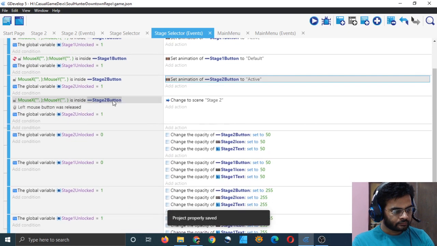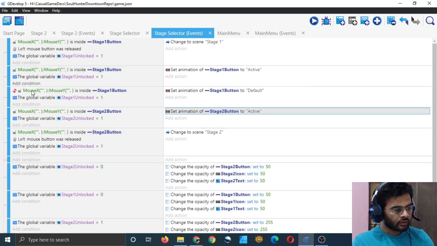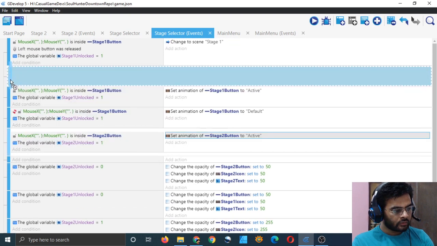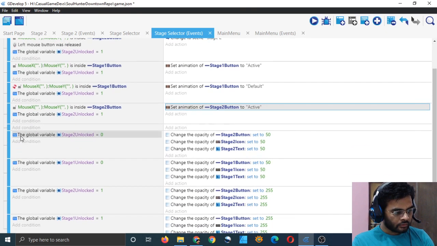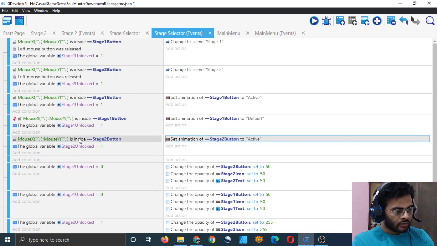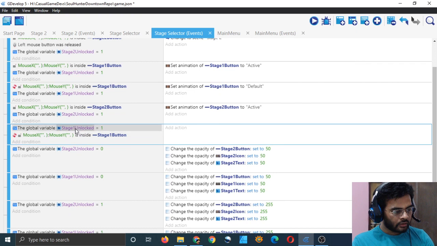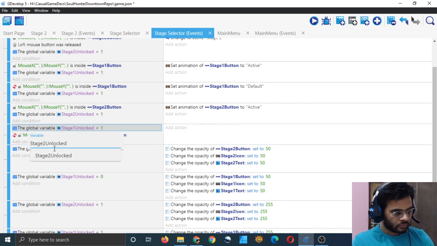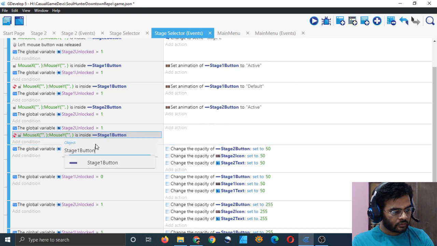Now just copy this. Wait, I think I dragged it. This is the clicked one, and this is the flashing one. Just copy this and this. Shift, copy, and now paste, and just change stage 1 unlock to stage 2 unlock. Right? Yeah. And change stage 1 button to stage 2 button.